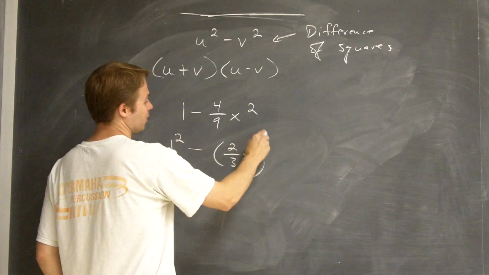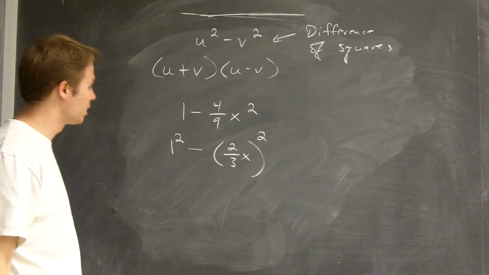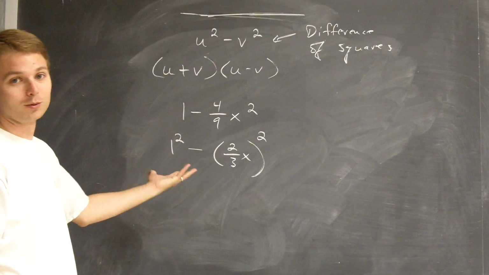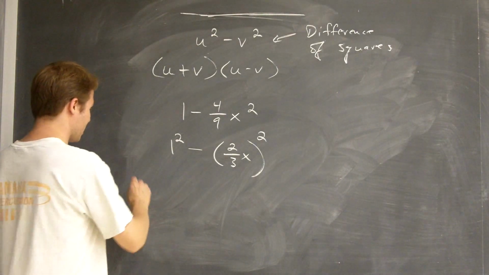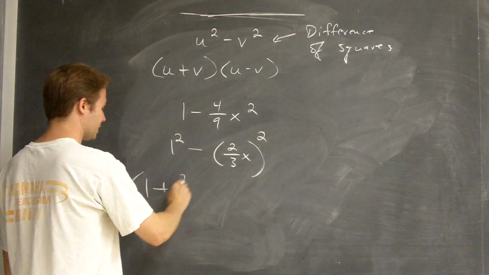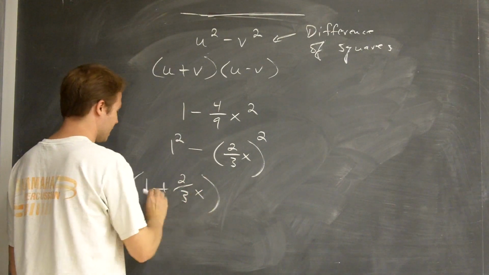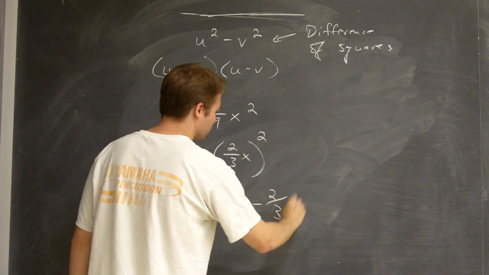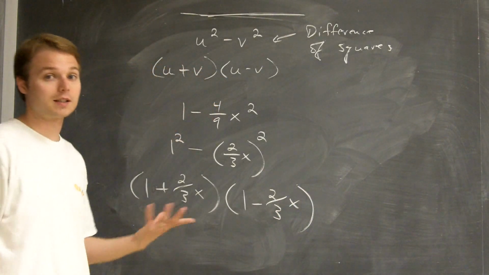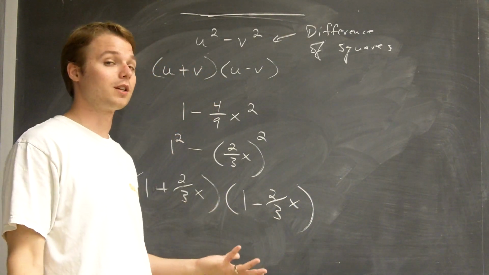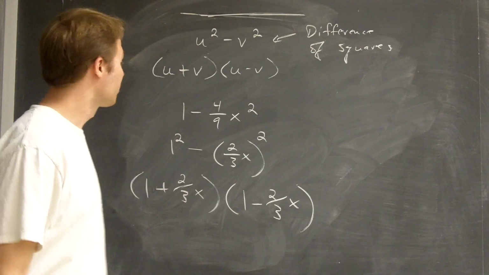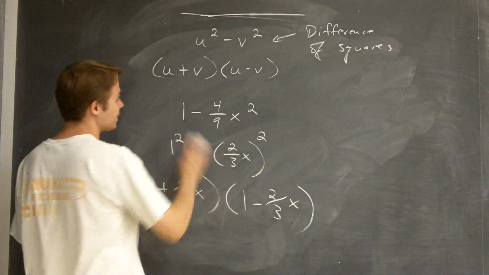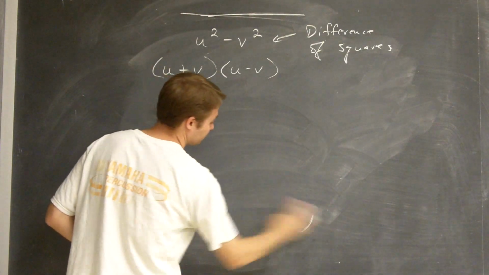And then I need the x in here also. So I can write 4/9 x squared as 2/3 times x quantity squared. And actually I've turned this into a difference of squares. So now I can rewrite this as 1 plus 2/3 x times 1 minus 2/3 x. So sometimes things will work as differences of squares even if they don't look like differences of squares right from the beginning. We could even extend this idea if we wanted to